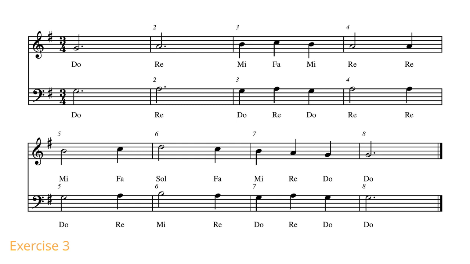Do, re, do, re, do, re, re, do, re, mi, re, do,